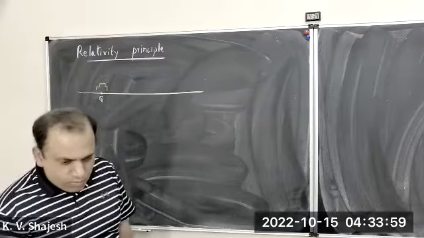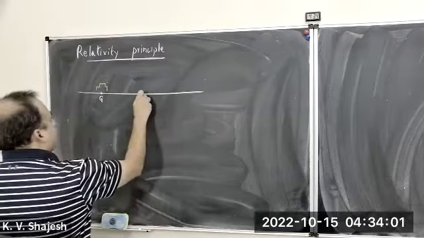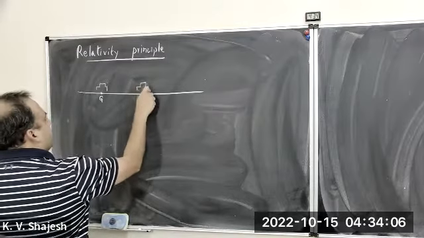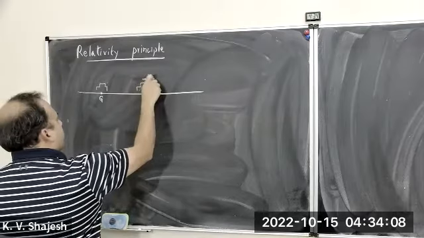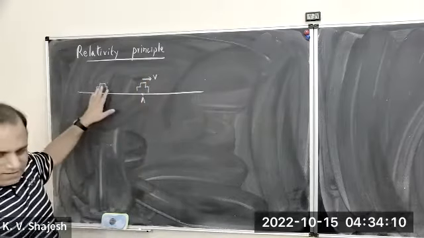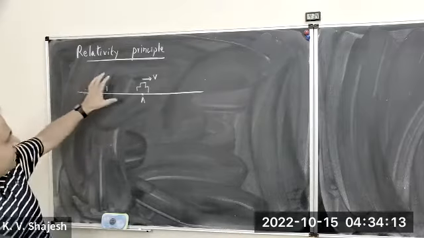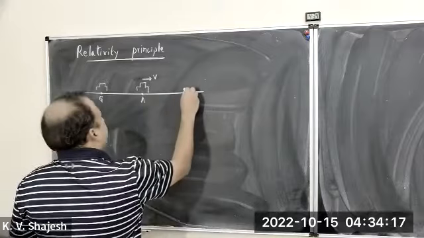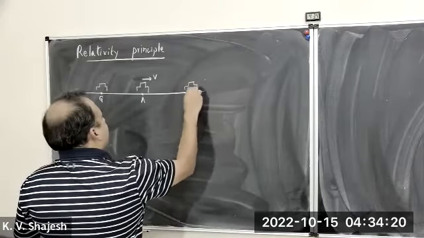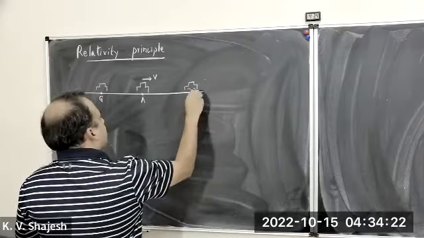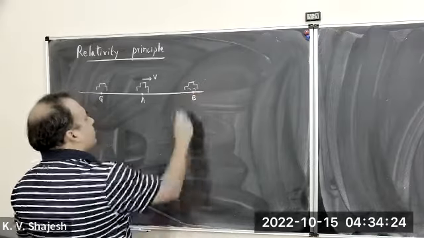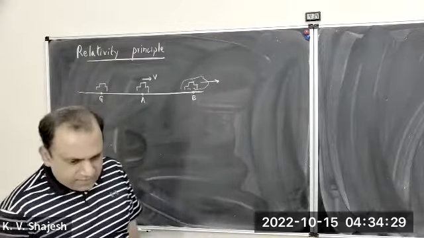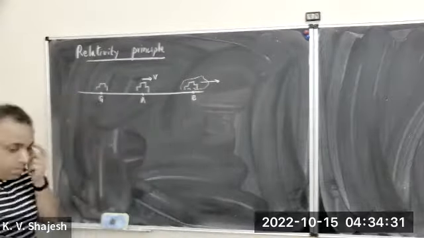It doesn't have to be moving. And there is another car here. This one, let's say, is moving with velocity v. This, let's say, is at rest. And there is one more car somewhere here in the front. So that is B. And this is also moving, right? But we will bring that in a minute.